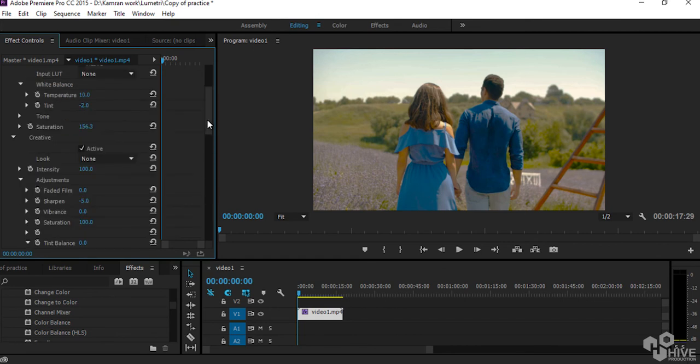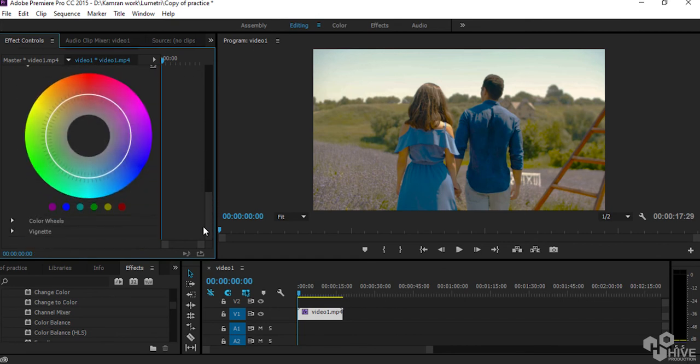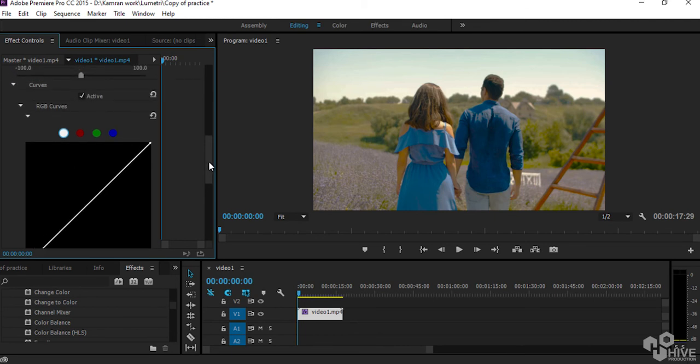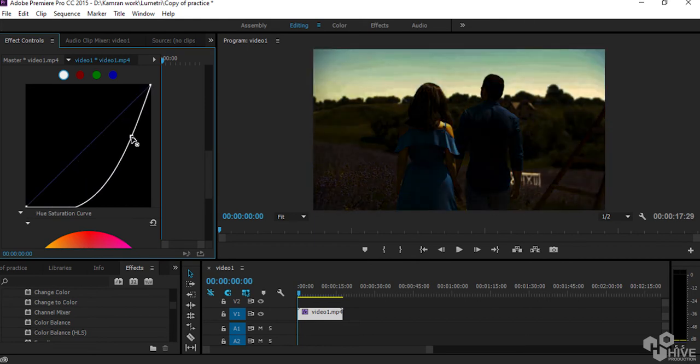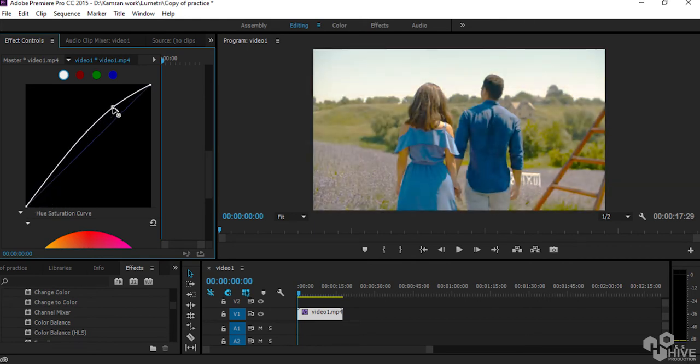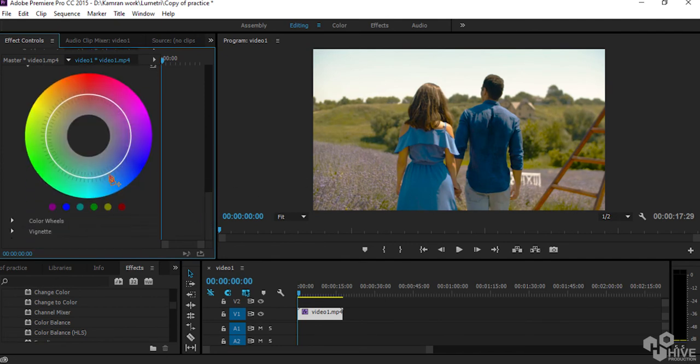As you can see, I told you before that curve also has the value of Lumetri as well. Curve is a different effect, but it also exists in the Lumetri, so we can decrease the lighting or maybe increase the lighting, or maybe if I click here and put it down, it will become some contrast as well. Or you can separate them, or you can distribute color in them like this or like this. So it's up to you how much you want digital color or how much you want a sharp color.